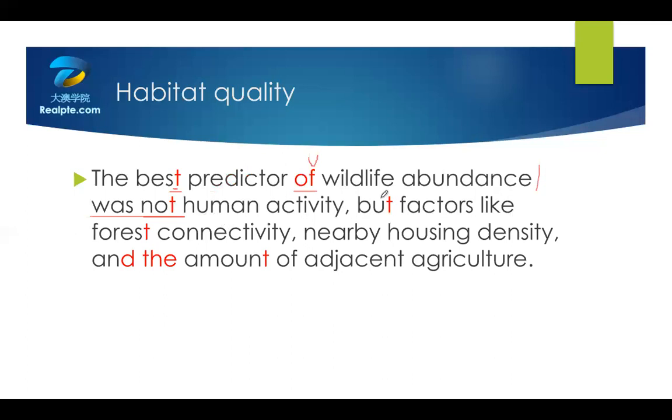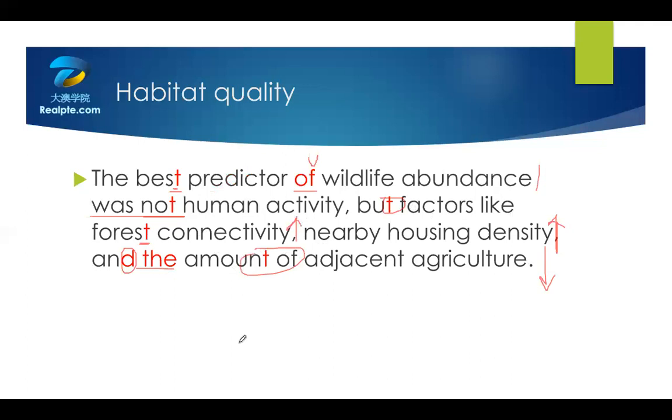activity but factors，这个 t 不要读成 but factor 是错的，but factors like forest connectivity，forest 这个 t 呢不能读成 forest 是错的。Forest 非常的快非常的弱，forest connectivity, nearby housing density, and 做出口型 the 连起来 and the amount of adjacent agriculture. 我们发现这里呢 but factors like 是个并列关系这三个，所以我们前面两个呢可以大胆的用升调，这句话结束了我们用平调或者降调，我们来试一下。The best predictor of wildlife abundance is not human activity but factors like